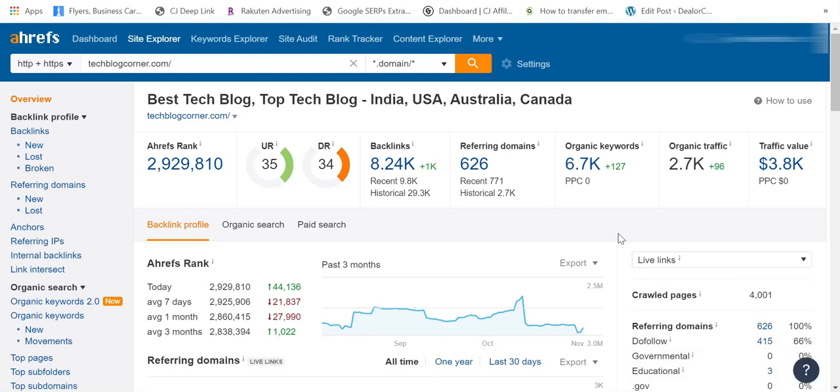Hello everyone. Today we are going to talk about how we can increase our domain authority with the help of building links from expired domains. It is just going to take 5 to 10 minutes to understand the whole process, and it is going to give you a benefit for the longer run. So stay tuned with me and let's see how we can increase it.